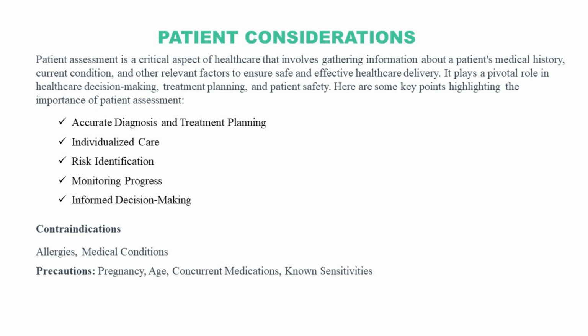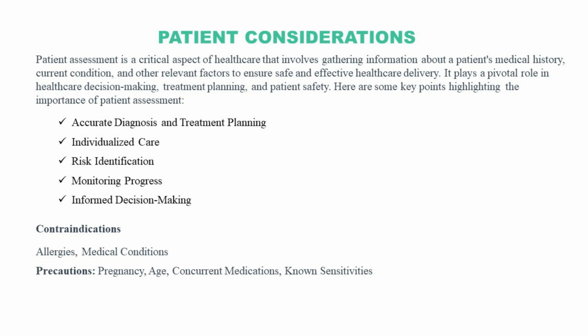Medical conditions. Some treatments may be contraindicated for patients with certain medical conditions. For example, certain medications may be contraindicated for individuals with liver disease. Precautions, on the other hand, are conditions or factors that require careful consideration and monitoring when using a particular treatment or intervention. Precautions are not absolute contraindications but indicate that the healthcare provider should assess the potential risks and benefits